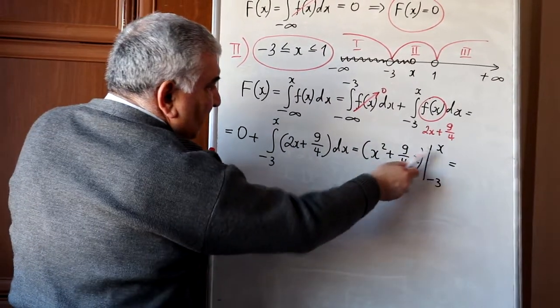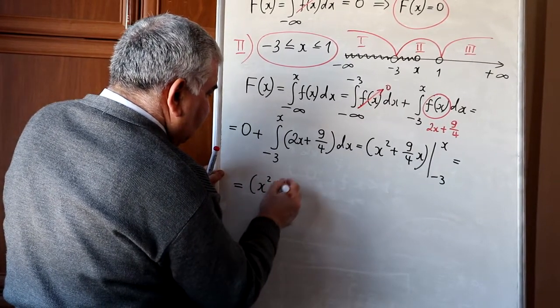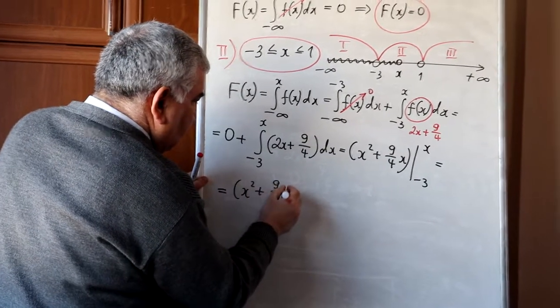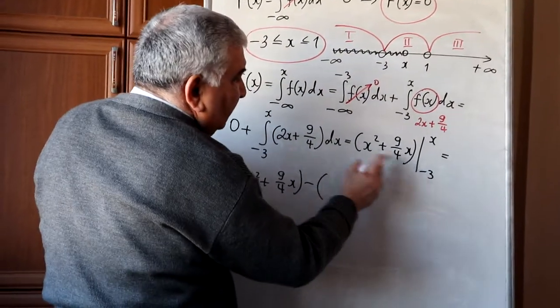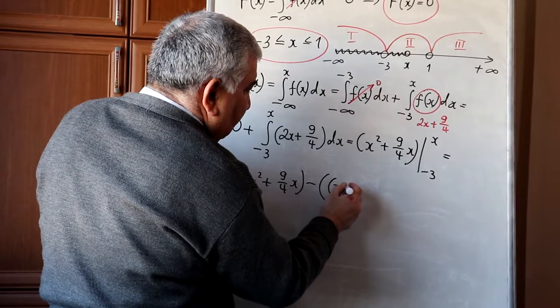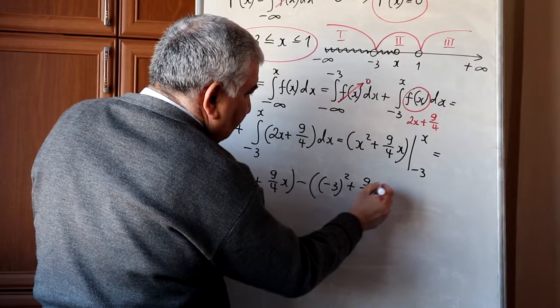First, substitute x instead of x: x squared plus 9/4 x minus, then substitute minus 3 instead of x: (minus 3) squared plus 9/4 multiplied by minus 3